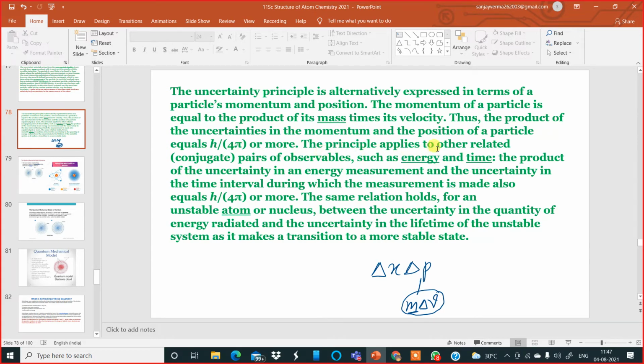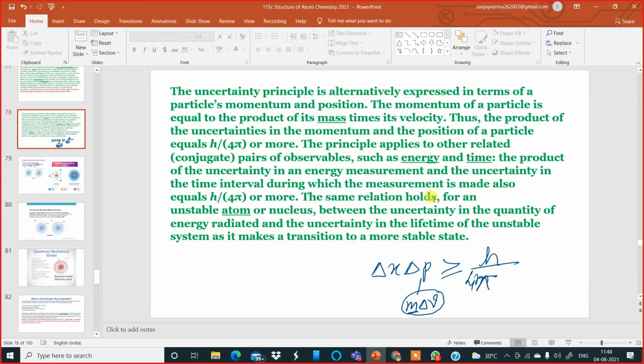The principle applies to other related conjugate pairs of observables of subatomic particles, such as energy and time. The product of the uncertainty in an energy measurement and the uncertainty in the time interval during which the measurement is made also equals h by 4 pi or more, because you see in the equation that it is greater than or equal to h by 4 pi. Okay, now